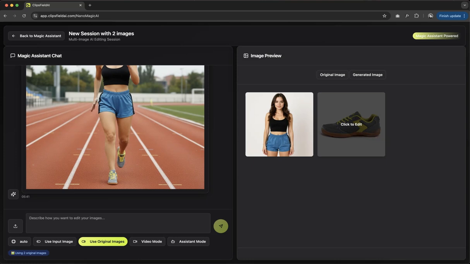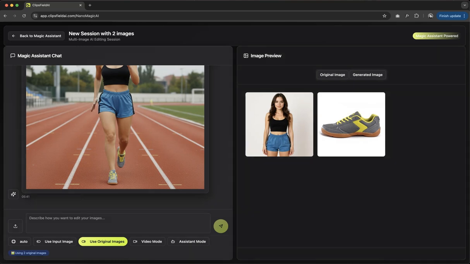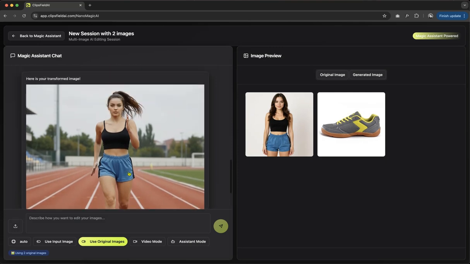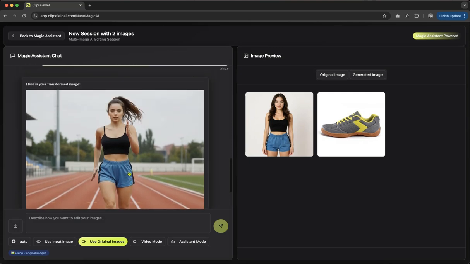We only provided a side view of the shoes, but the AI has intelligently generated a front-facing angle that matches the scene. The girl is on a racetrack, wearing the correct shoes. Now, let's refine this image. I like the shoes and the setting,